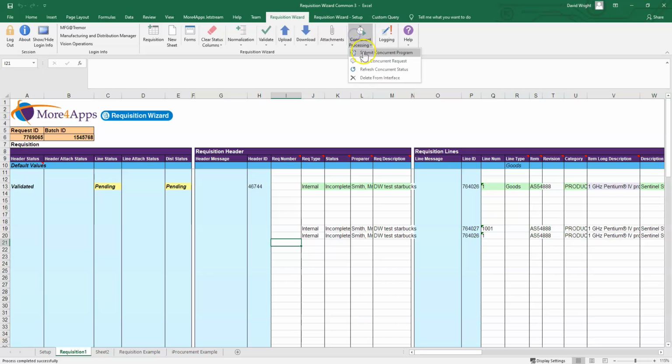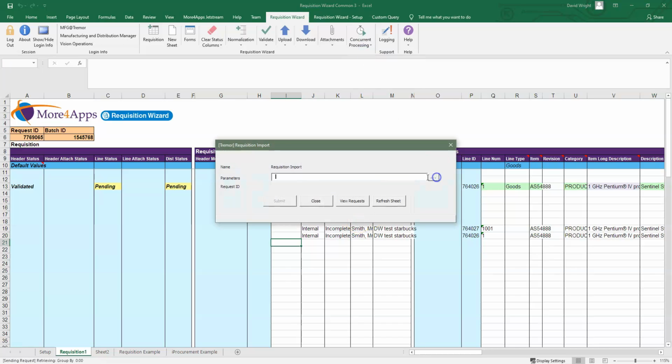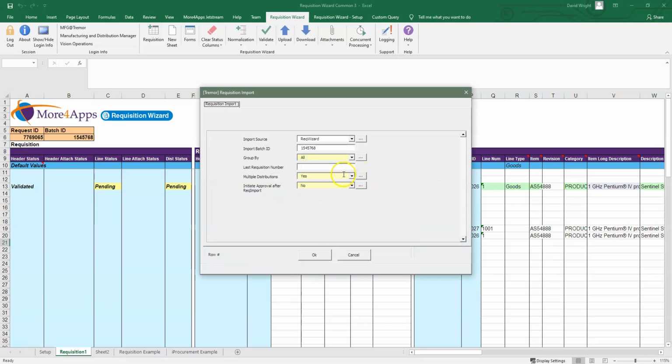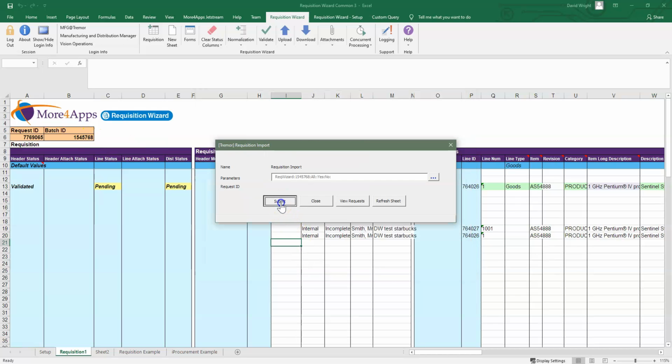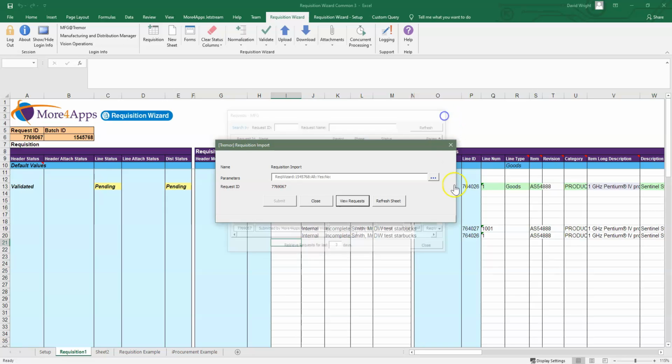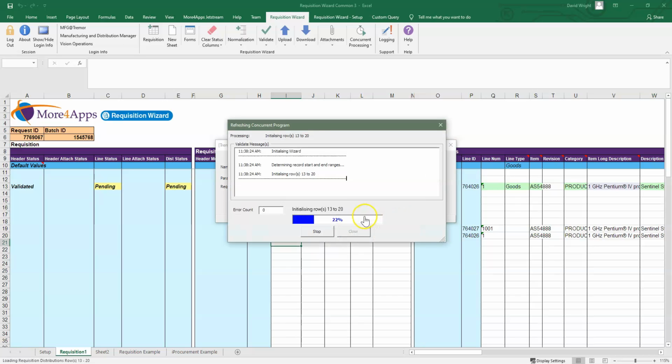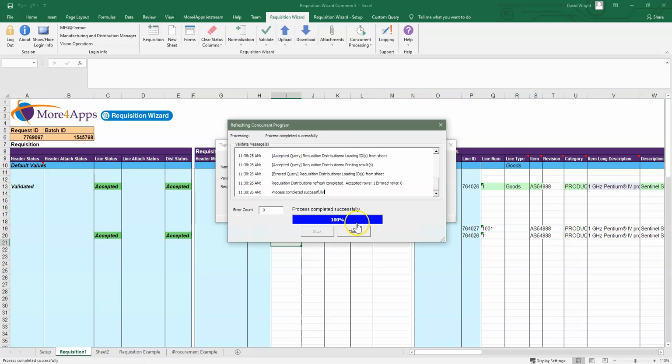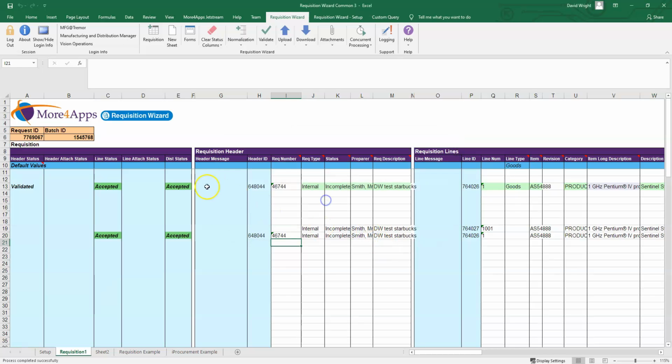So if we run the import program, and I just press OK on that, you can see our batch number here matches with there. And we go submit, and then we just view our requests. And you can see that that's finished there. If I press refresh sheet, press closed. I left the old record there, it just does a refresh and recognises them both as independent refreshes,